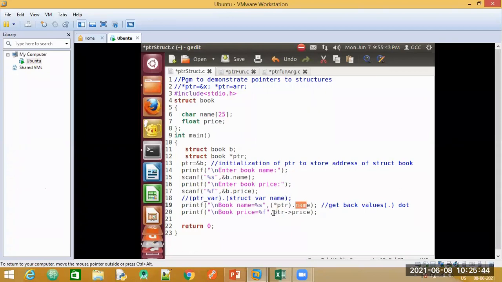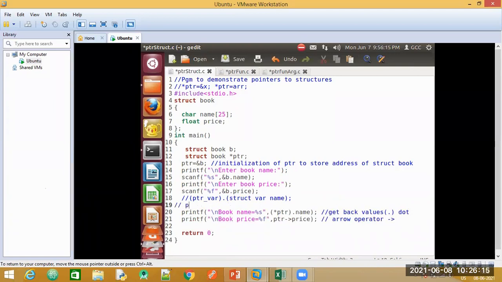Another method is this. I guess you must have studied this in your first semesters. Making use of this operator. This operator here is called the arrow operator. You give a hyphen and give this arrow mark, the right angular bracket. Now what is the syntax of this here?